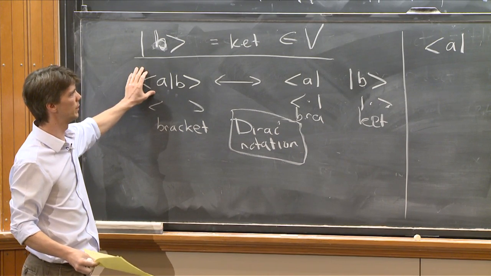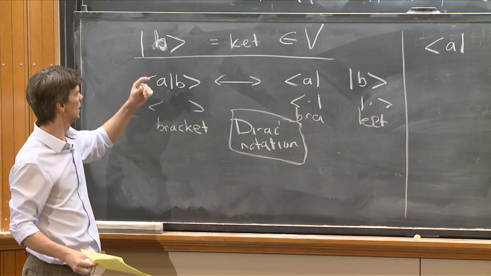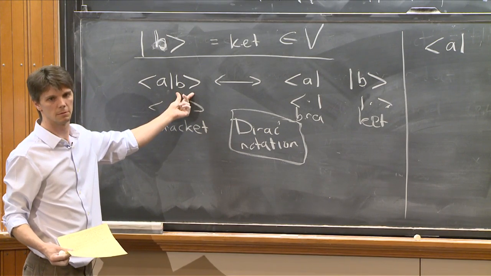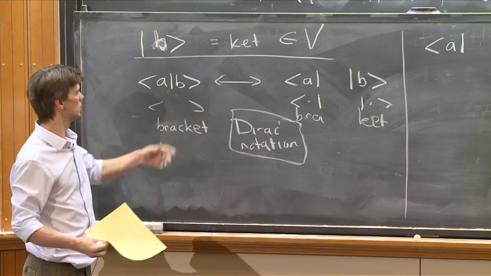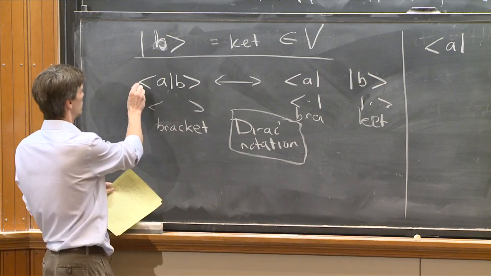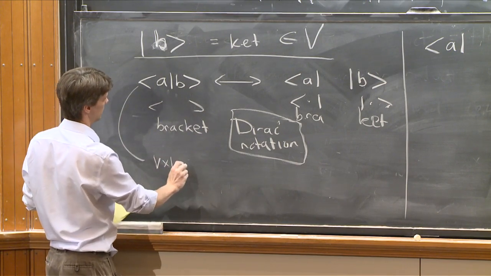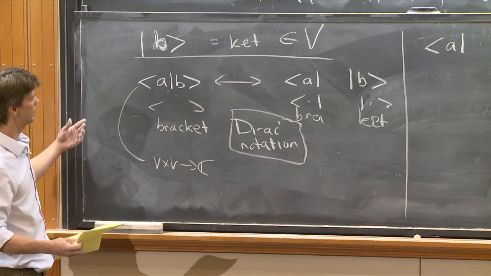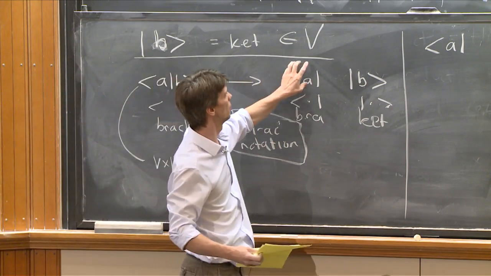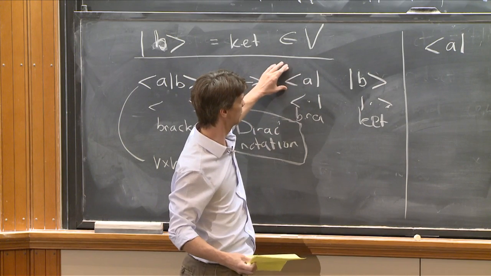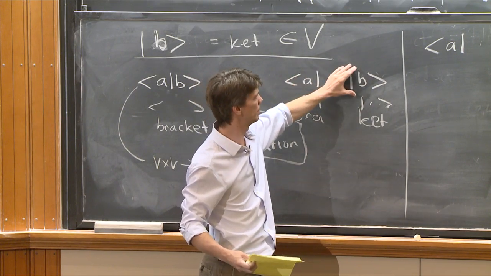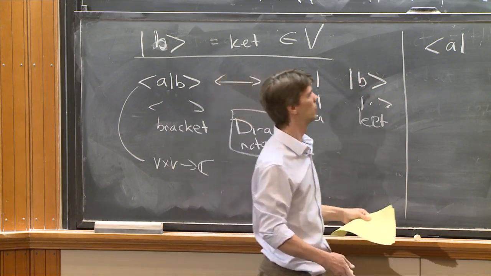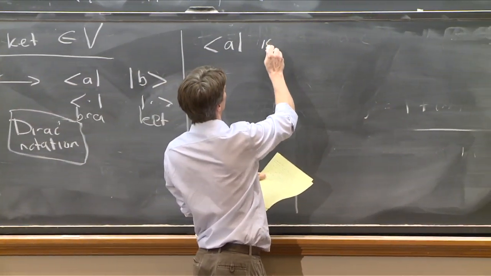And what it's doing is taking a vector and returning a complex number, right? The inner product takes V cross V goes to C, right? But if I think of it as the action of this bra on this ket, then the action is that this bra eats a vector and spits back a complex number. Okay, so A is actually a map